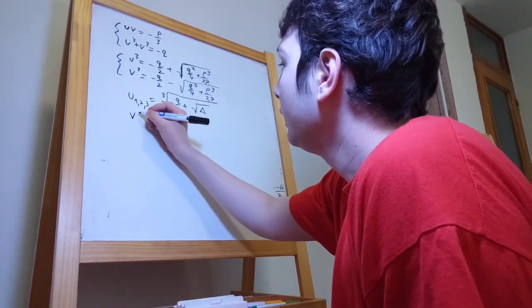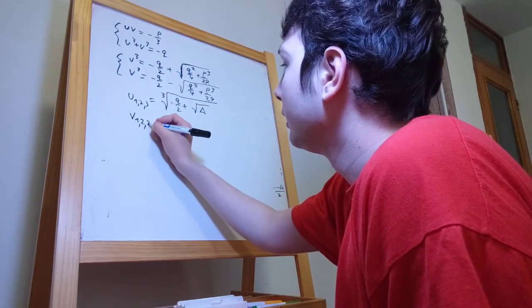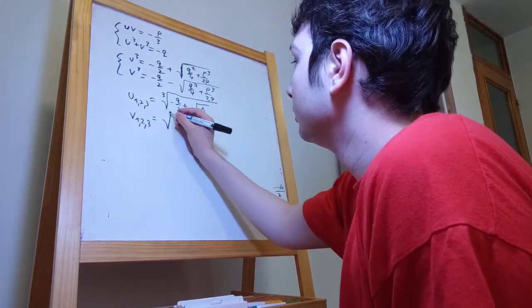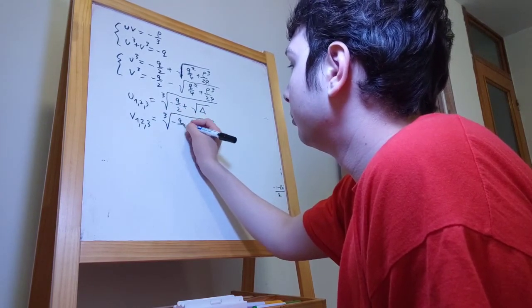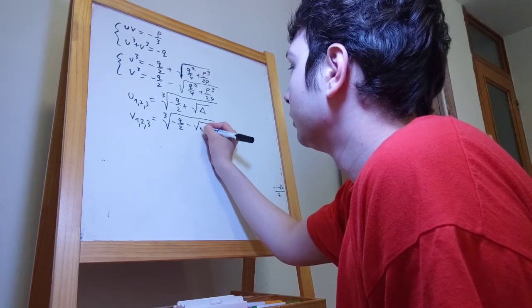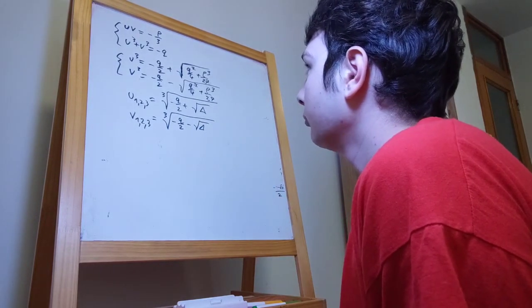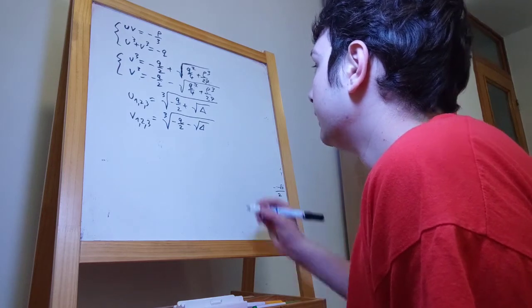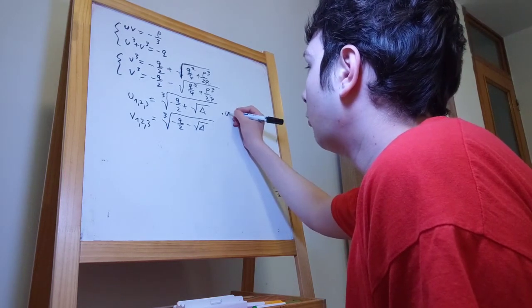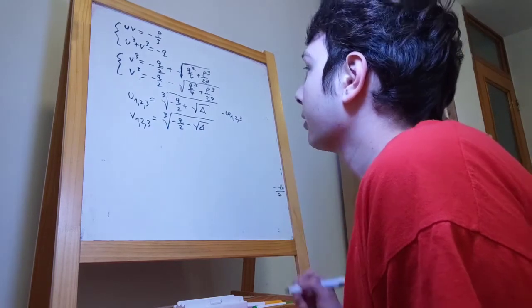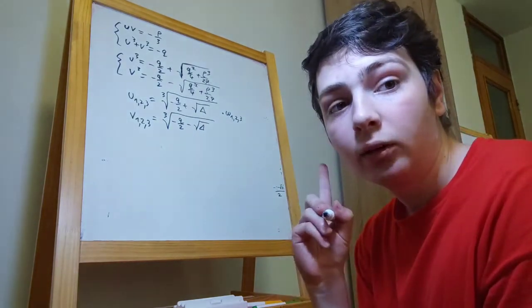And v1, 2, 3 is equal to the cube root of minus q over 2 minus square root of delta. This is multiplied by omega 1, 2, 3. And notice,